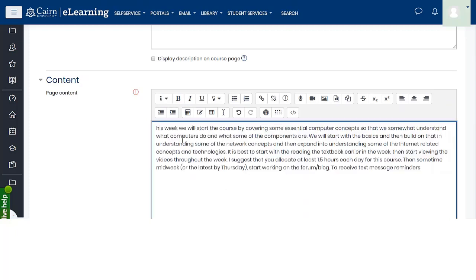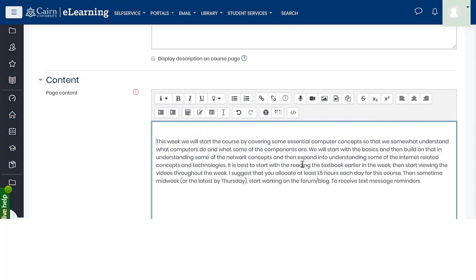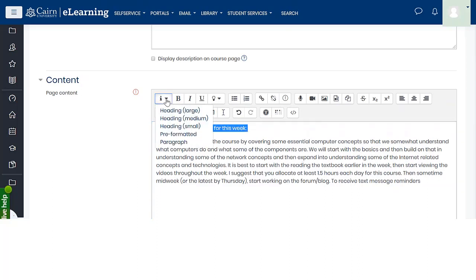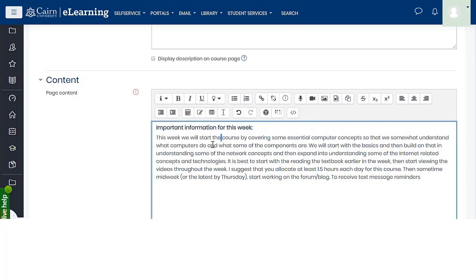So you can basically type anything that you want in here, and also format this using the styles here any way that you want, and also use any of those tools that you would prefer from this toolbar. So you can do the lists here, the unordered lists and such. You can hyperlink to other